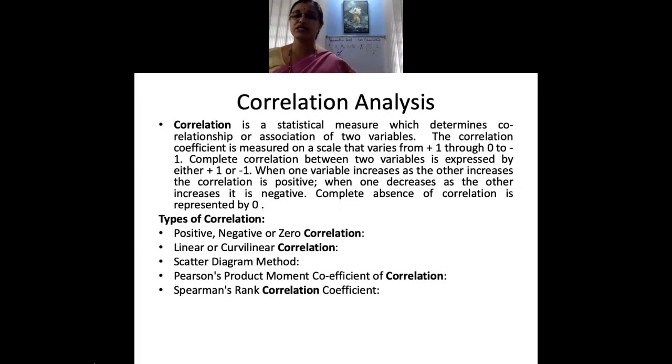So suppose we say that from 0 to 1, 0 is where there is no correlation and 1 where there is perfect correlation. Of course, such things do not arise when it comes to our research. So ours may lie somewhere in between, let us say 0.7 if it's a very good correlation. If it comes between, let us say, around 0.4 and 0.7, we call it a medium correlation. That means it's an average or a moderate correlation. That's the word we use.